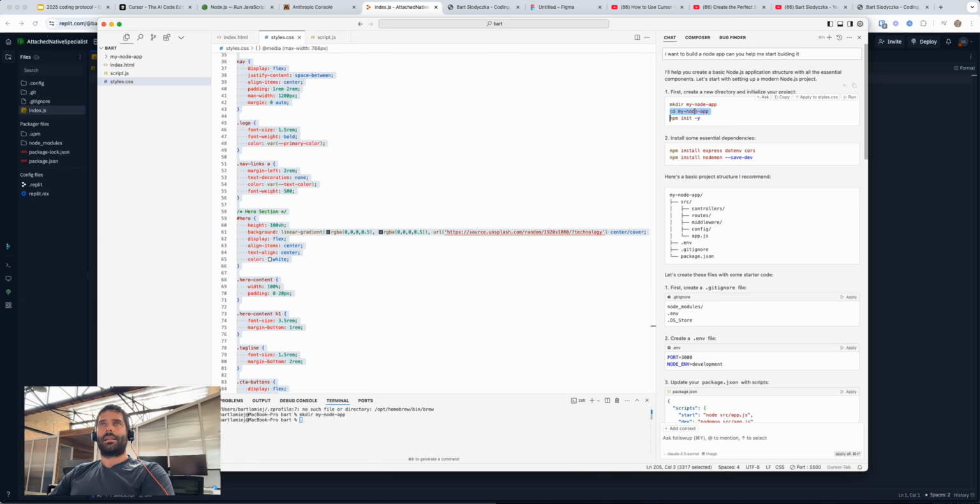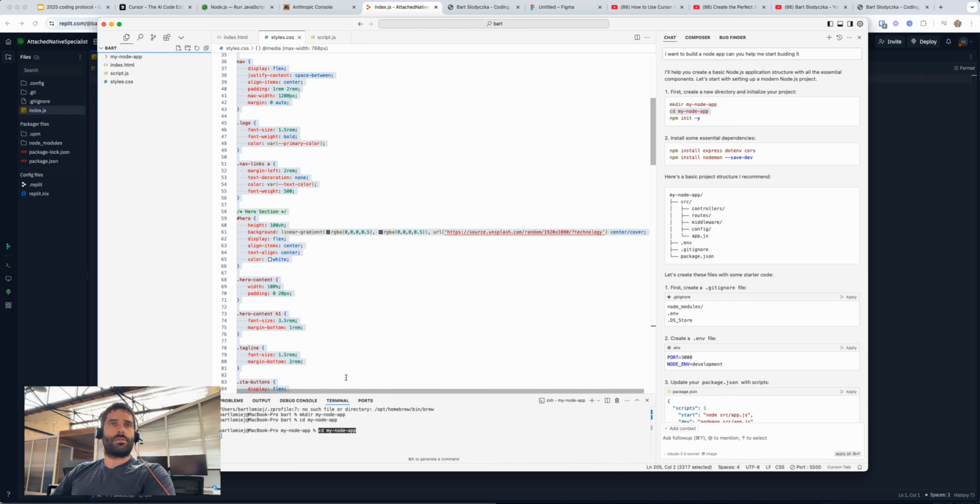Then I'm going to cd into here. Cd into there means that I'm going to change the folder or the directory that I'm working within to this new app. Okay, so now I'm in Node app. You see over here, it was in the Bart folder, and the Bart folder is this overarching folder. Now I'm in the My Node apps subfolder, and if I run this command, this is going to execute for me